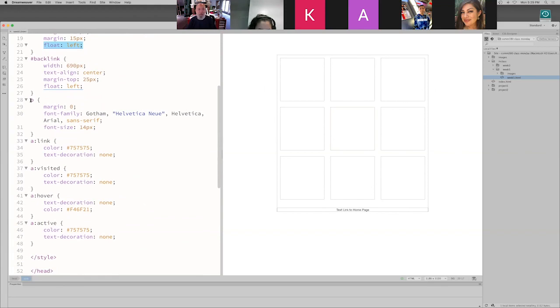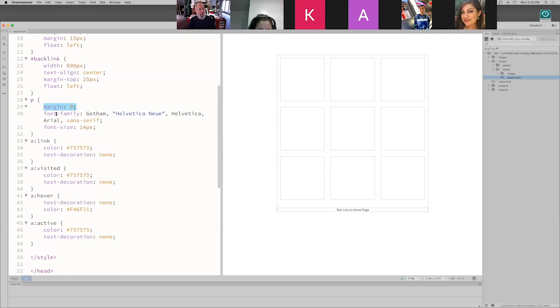Paragraph. And so this is a tag selector. You'll notice there's no hashtag, no dot. It's just the letter, or if it were the body, just the word itself, by itself. So you are specifying, go find an element that is a P element. And this is basically stripping out the margin, because I don't want any extra space on the margin of